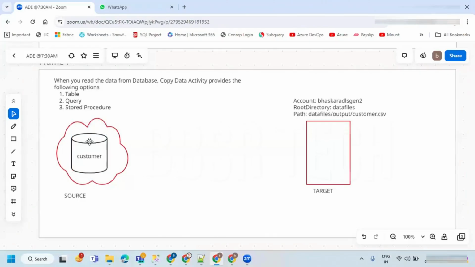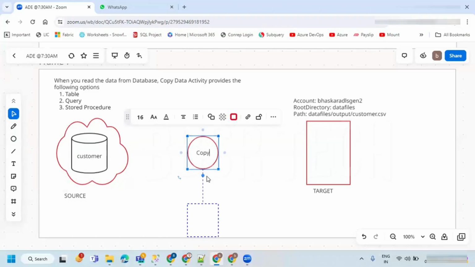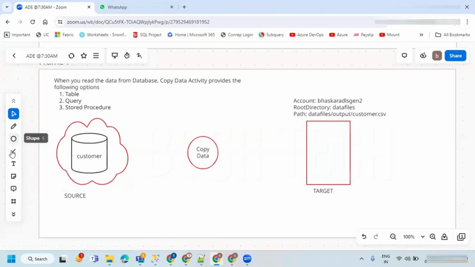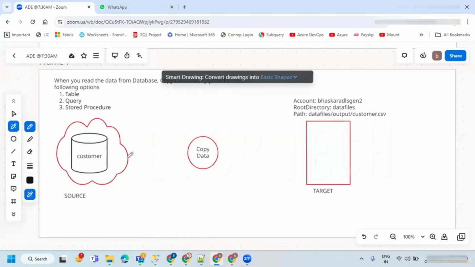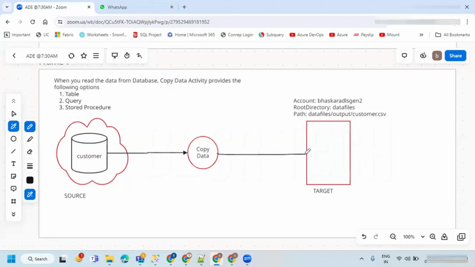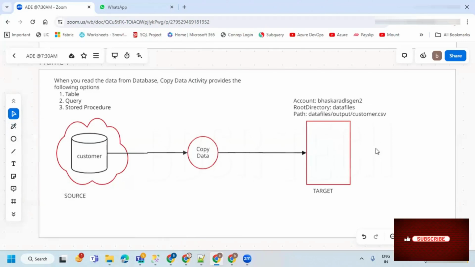So I wanted to read the data from here. In order to read it, we can use the copy data activity, and your target is going to be customer.csv. I wanted to do it. So this is the requirement.